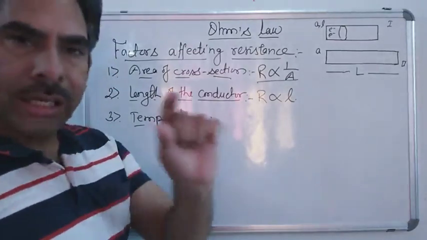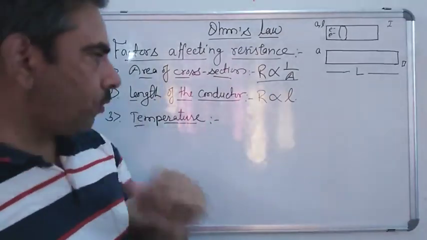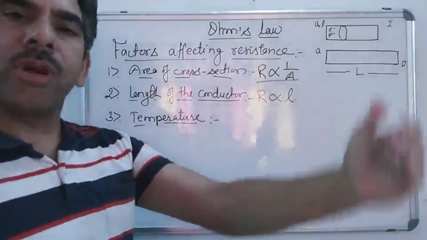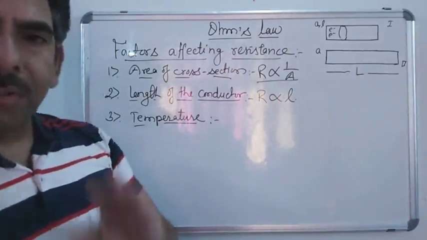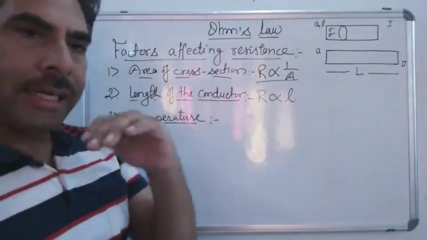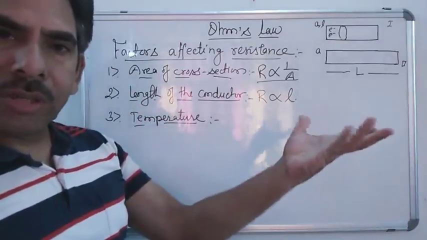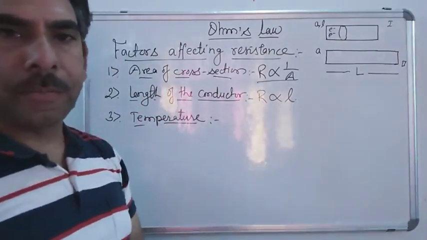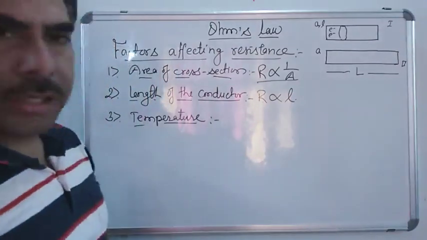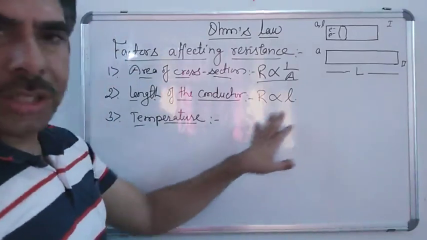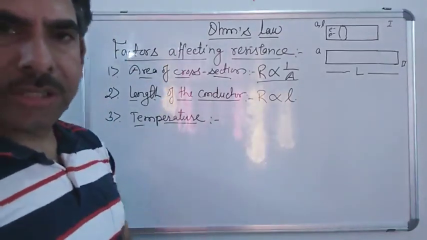Because the temperature is high, the atoms or ions start vibrating with higher amplitude, due to which the electrons face even more collisions with these atoms. With each atom they face more than one collision, and hence, with an increase in temperature, more collisions will cause more resistance. So there is direct proportionality between temperature and resistance, but the relationship through which the resistance is related to the temperature is slightly different.